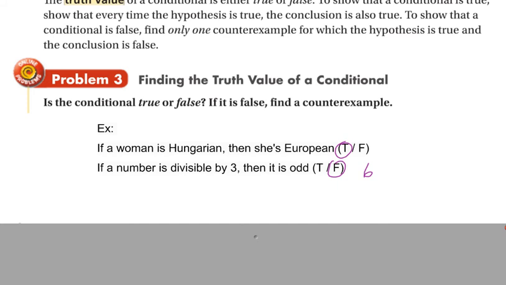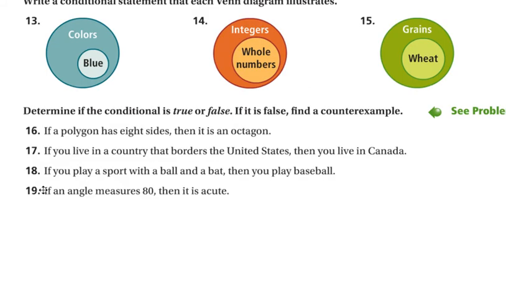Okay. Let's take one last set of examples, and what I want you to do is write a conditional statement that each Venn diagram illustrates. I'll do the first one, number 13. The conditional statement is going to be as follows. I'm going to look at the inner circle, which is blue. I'm going to look at the outer circle, which is colors. Because the entire blue is inside the entire circle of colors, I can say, remember it has to be a conditional statement, I need an if-then statement. So if a color is blue,